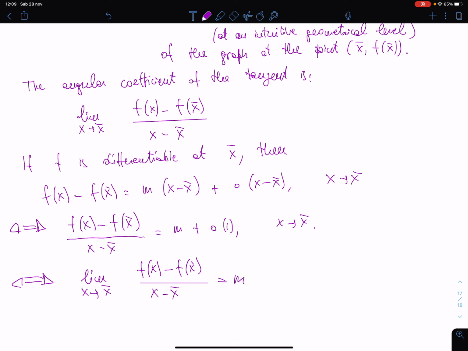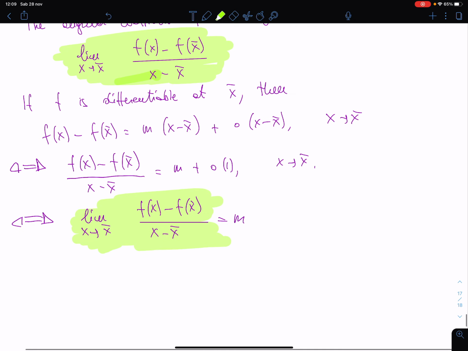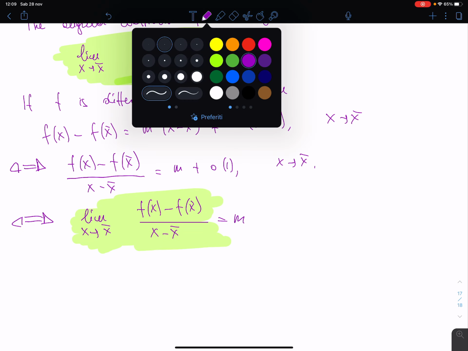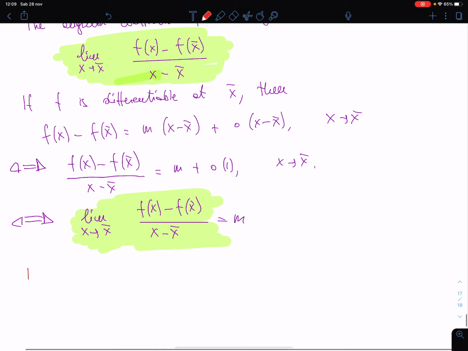And this is exactly the limit that we found in order to compute the angular coefficient of the tangent line. So, this in geometrical interpretation is the following: